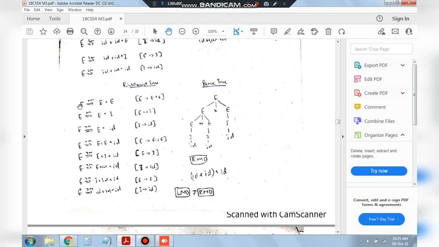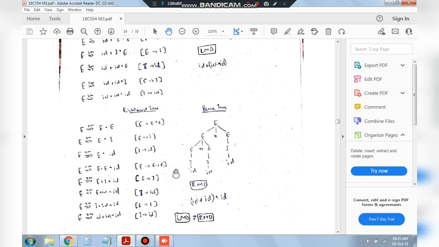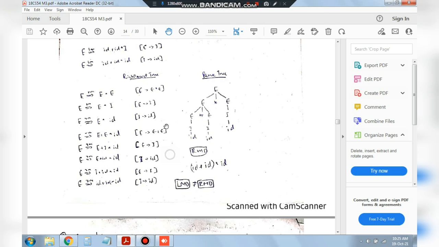Here we'll have E goes to E star E, because in the right part, as you can see here, it is id star id, right? So we'll have to write here E star E, then we'll be doing a substitution part from the right part, which is E will be written as I, then id, and moving on to here. Here we have E, but we need E plus E, right? Because in the first part of the question, what we have is id plus id, right? After we have written E as E plus E, then we'll be doing a substitution part of I and id for both of these E.